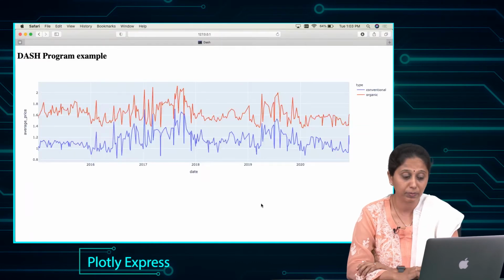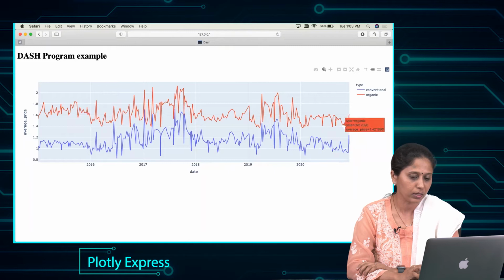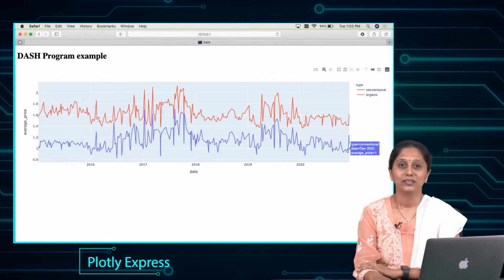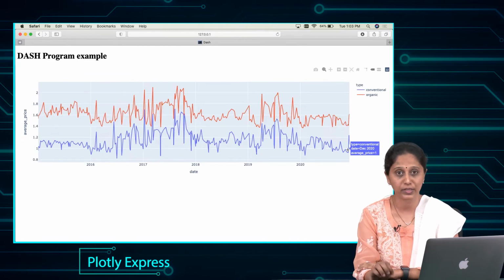As we reload our web application, we can see the line chart on our app. And we can see the avocado price change over time, and there are two lines in the chart, each one representing the type of avocado. This is a static graph with data aggregated across all regions.